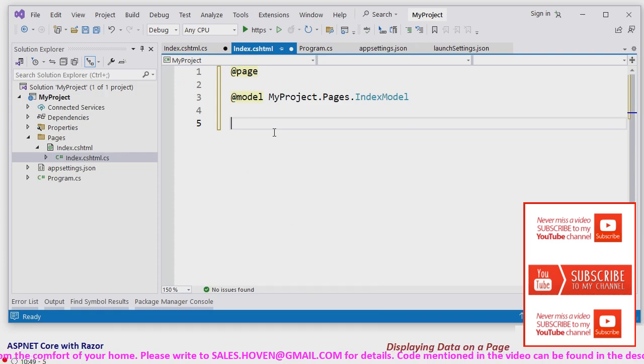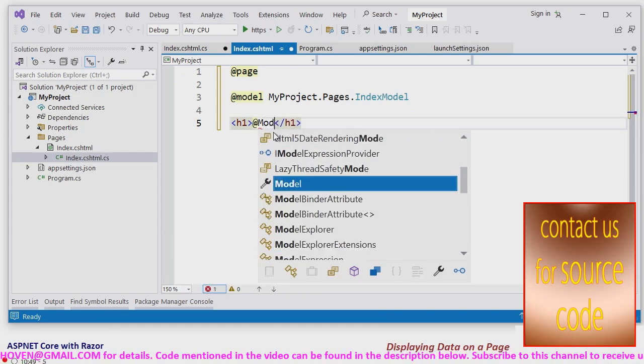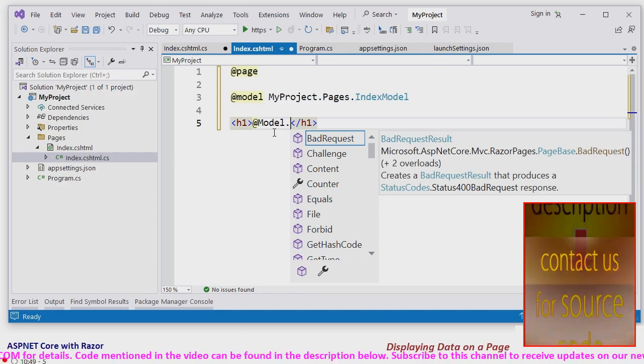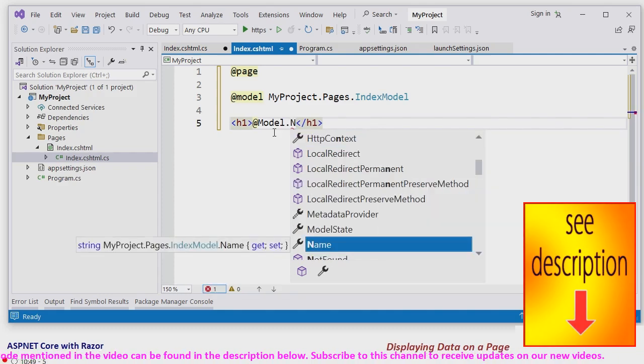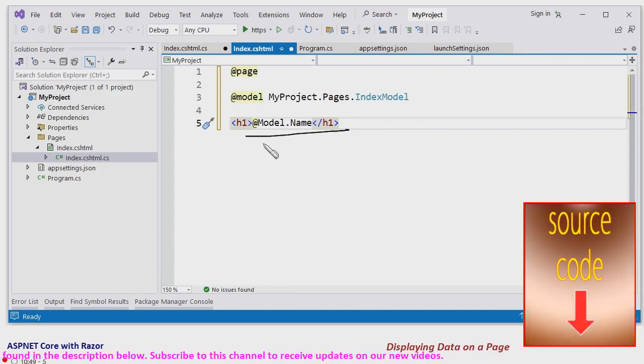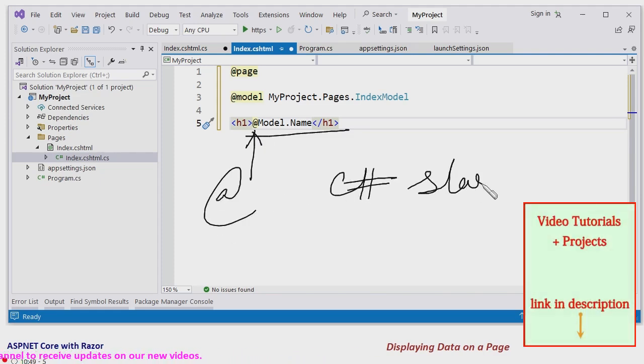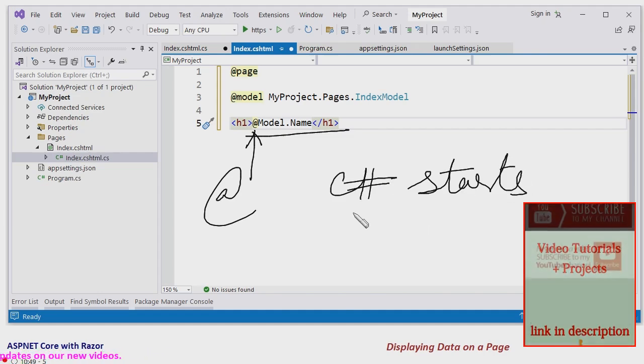Now in index.cshtml, we create an h1 tag. In this tag we write @Model, and the property that we want to display. This @ is a Razor syntax which says C# starts here.